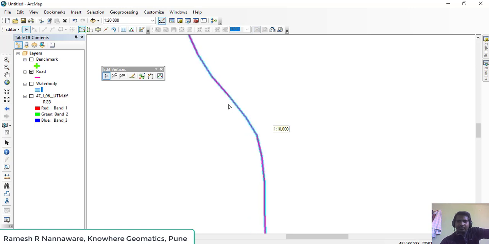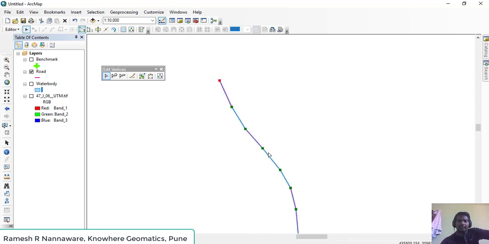Now here you can see many vertices. Suppose I want to move a single vertex. I will go nearby that particular vertex, and when the symbol changes to this particular symbol, I will drag that point wherever I want.